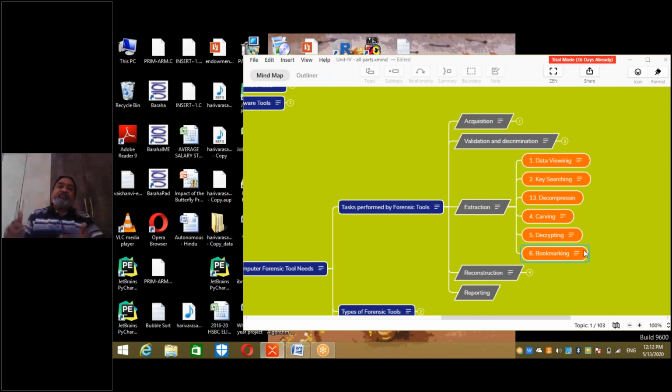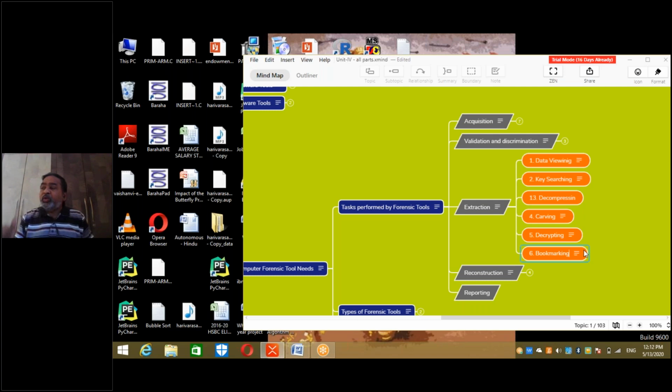Bookmark. Now, when you are extracting a file, when you are seeing the data, discriminating, validating data, certain data apparently looks irrelevant for now, but somewhere in the backlog you have an indication that this data needs revisiting. Then what you can do is bookmark that particular data. Further, in the validated data, certain data is more incriminating, so you are grading the data from an importance point of view.